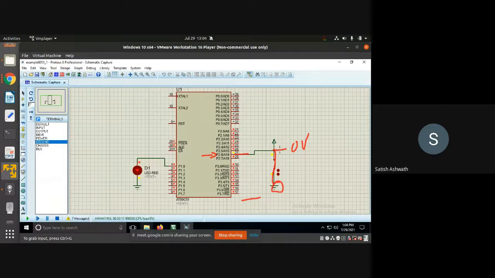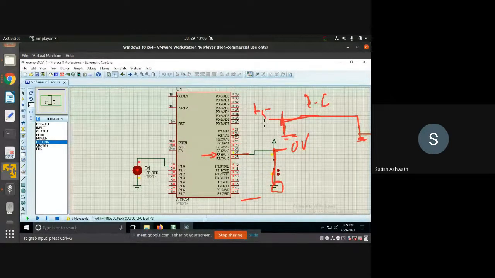So when 2.6 reads the voltage at this point and the switch is closed, it obviously sees a 0 because it has a direct ground available. But when this ground is not there, the connection becomes like this: plus 5 volts, then to the pin, and then to ground. So now 2.6 is in between here. We have plus 5 volts here and ground on the other side, so between these 2 points it is obviously plus 5 volts. But when the switch is closed, the ground is available on this side itself. So if I measure a voltage here, 2.6 is always going to read 0 only.